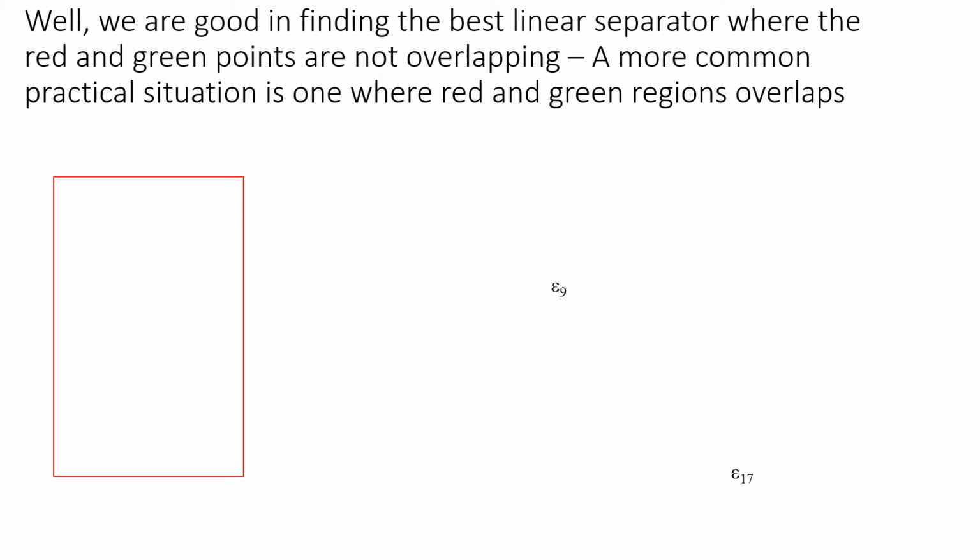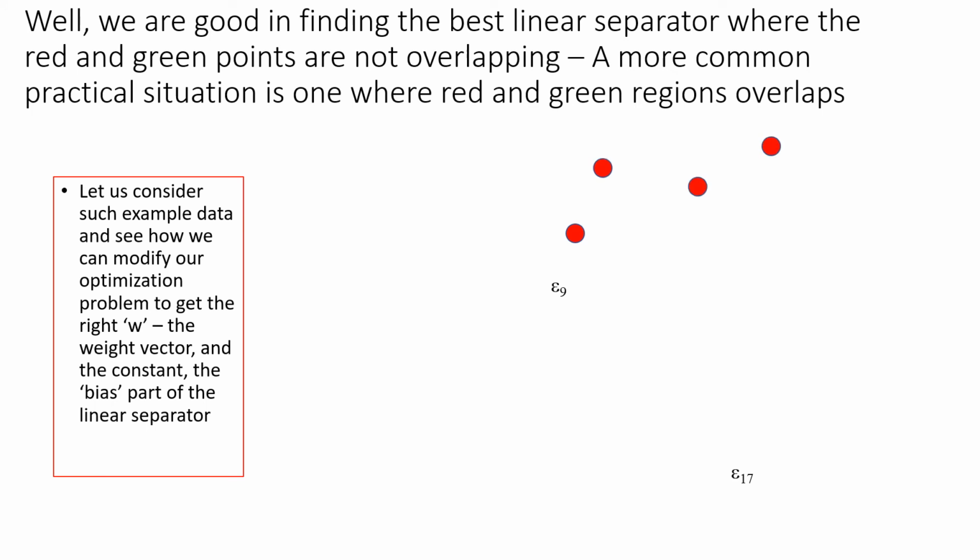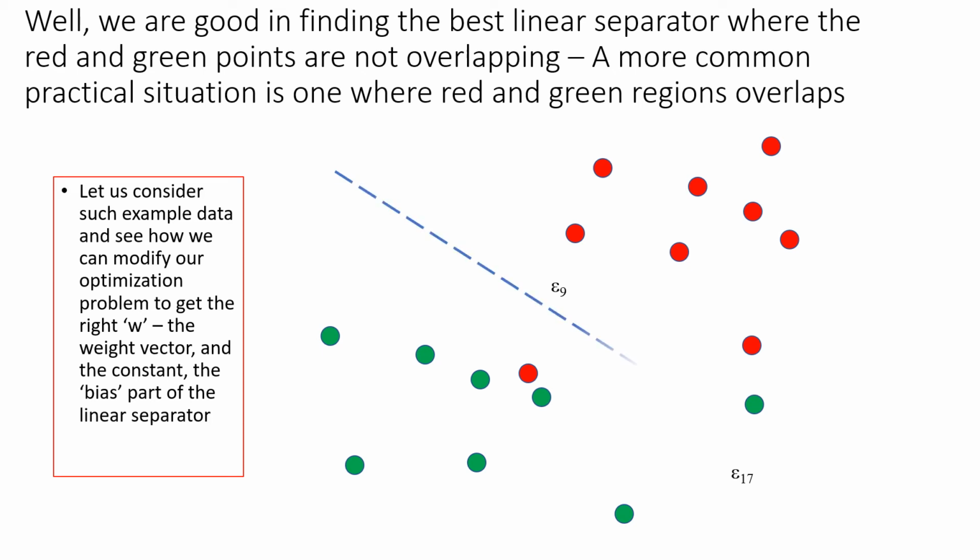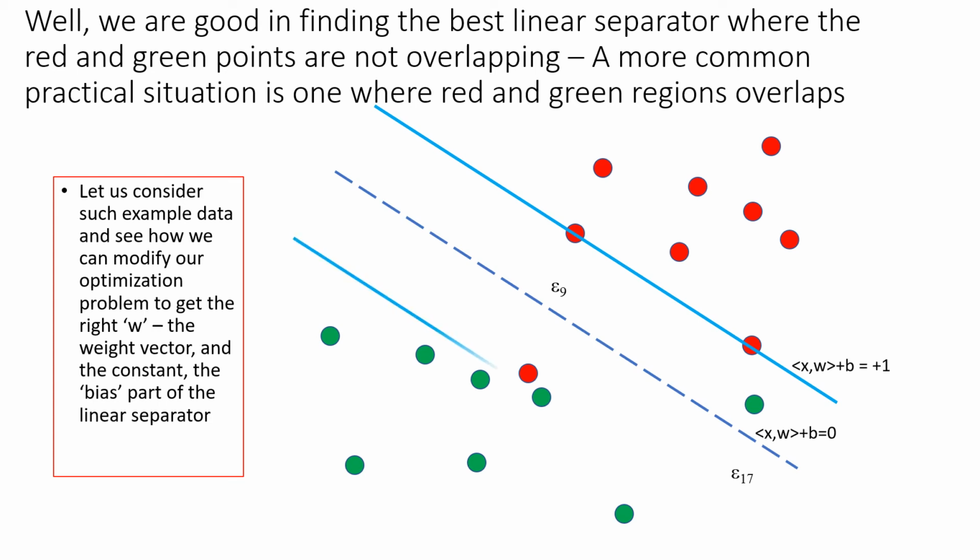Overlapping points are a more common practical situation, so we need to address that. So let's consider such example data and see how we can modify our optimization problem. So here are the red points spread out and green points spread out. And you can see that I intentionally moved one red point near the green points, and one green point near the red points, so that I can explain the setup and the formula that goes with that. So basically there are errors that we need to calculate on the constraint side of it. So I'm recalling all these things, the support vectors, support vector equations,